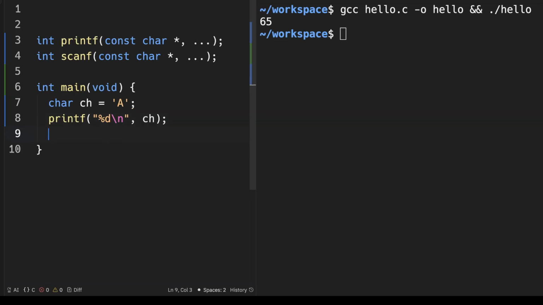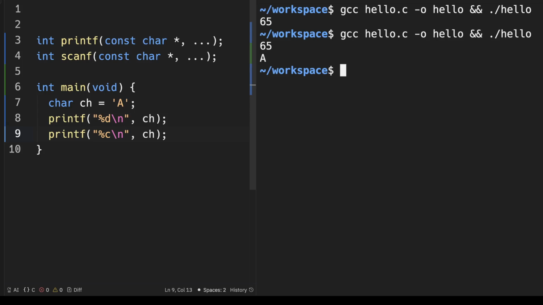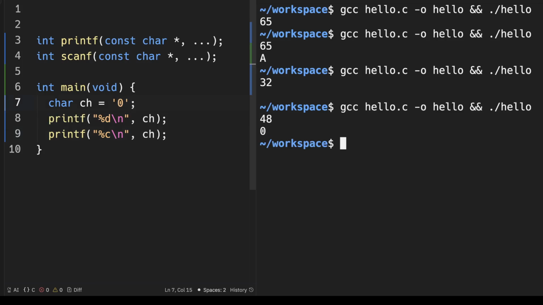If I want to print the character itself, I'll write percentage %c here. Now if I compile and execute again, you can observe the output for line number 8 corresponds to 65, and the output for line number 9, since I have used the format specifier percentage %c, prints A. If I write the space character, and compile and execute, for space it is 32, and since the space character is not visible, you can observe that space is also printed indeed. Similarly, if I take the character 0, compile and execute,